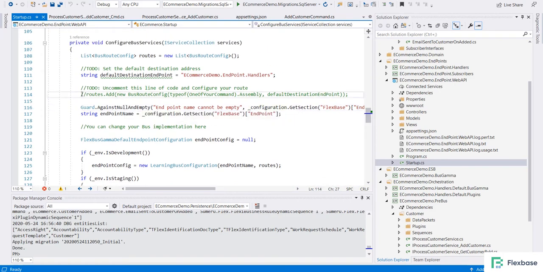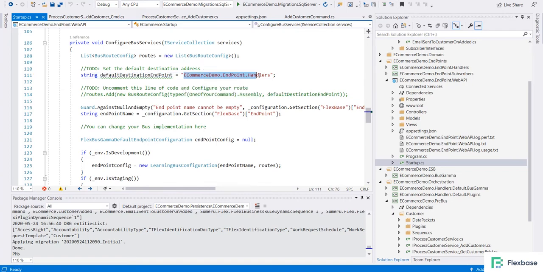We can add multiple routes to the bus. So different types of messages or messages from different assemblies can be routed to different endpoints. By default, for beginning level, let us stick to one endpoint which will execute all the handlers.